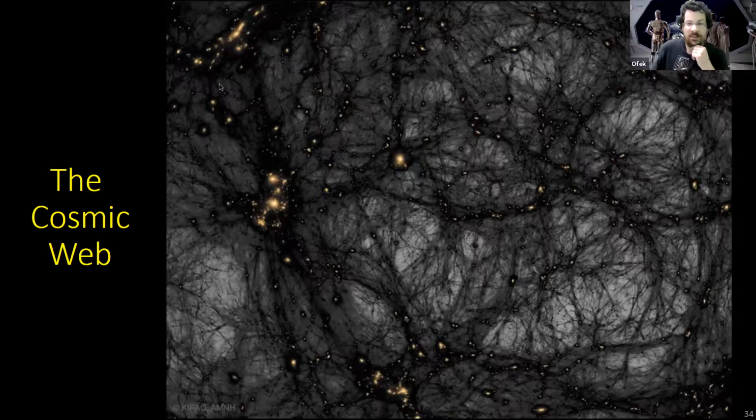And it has this tendency to form these webs called the cosmic web. And whenever these strings kind of meet, there's an overdensity and you get galactic clusters and superclusters form. So this is what the universe looks like on the grandest of scales, the cosmic web and the galaxies forming on top of it. Any questions?